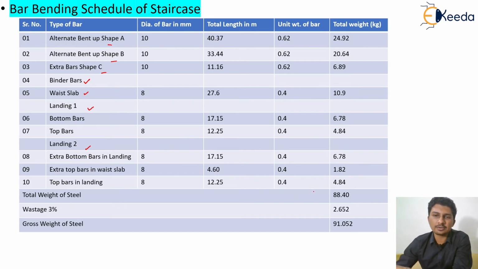As per my calculation, the total quantity of the reinforcement comes to nearly 91 kg, 91.052 kg. So just go through it again and calculate with the help of the knowledge that we have already gathered. Apply it very nicely and precisely, take your time, so that you can calculate this quantity very nicely. With this, I wish you all the best. Thank you so much.